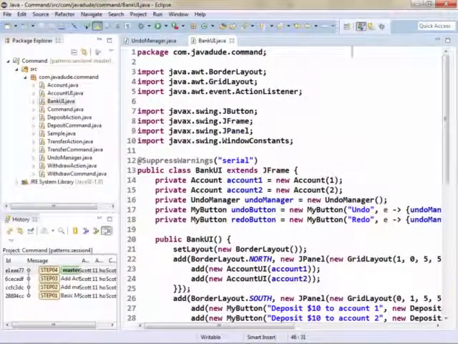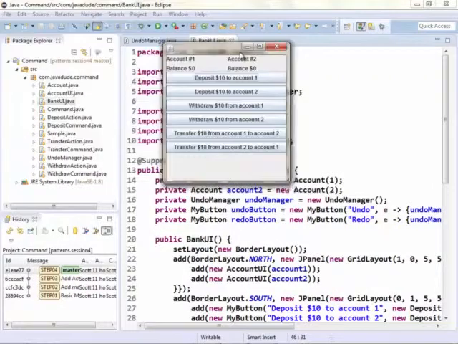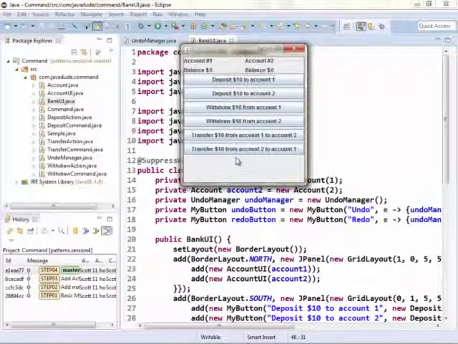Okay, and let's go ahead and run this guy. So here's my new user interface. Notice at the bottom down here, there's a blank space. Those are two buttons that are not currently visible. The layout manager is still giving them space, but the buttons just aren't presented to us because there's no undo